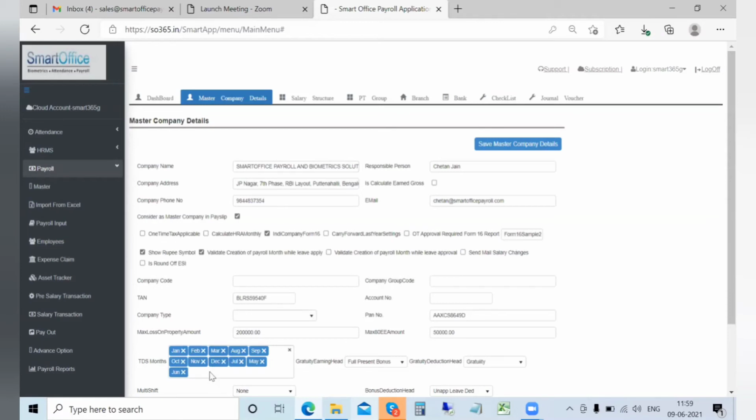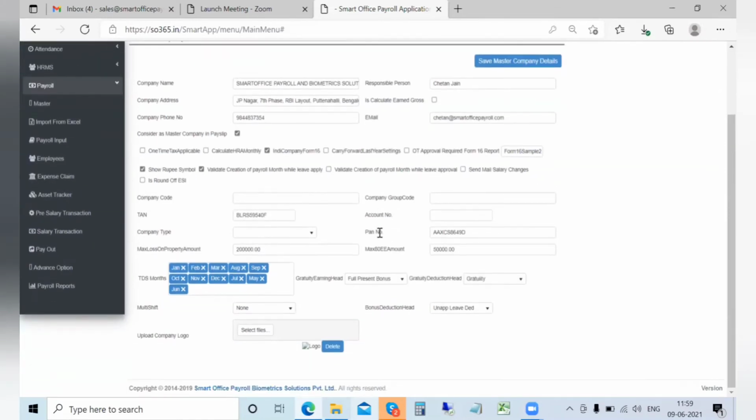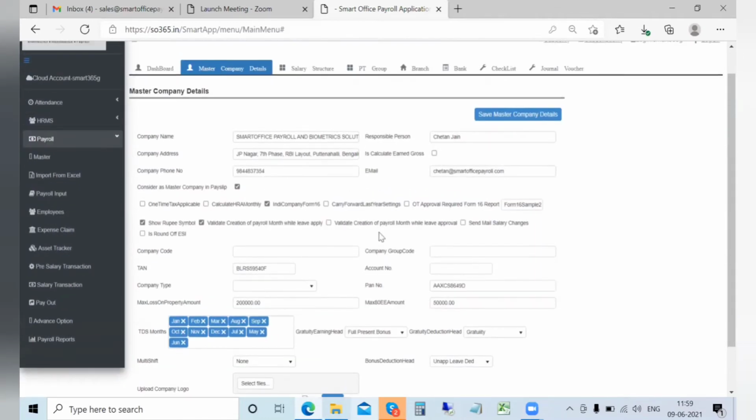TDS you can configure here as in what months the TDS will get started deducted. Though the calculations happen for all 12 months, the deduction happens based on what the user defines. So it's a user-defined deduction. Basically, the system understands which specific month the deductions need to start. You can also attach the company logo here, and there are certain few more options that are available in terms of cosmetic or master settings, which are visible on the dashboard.